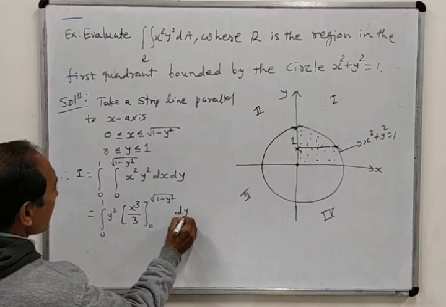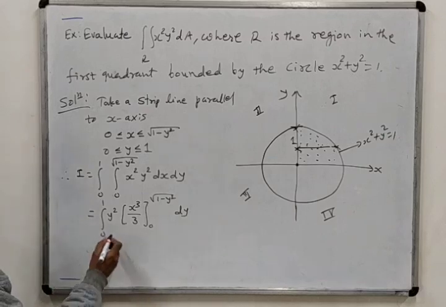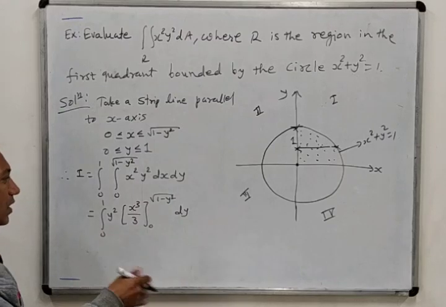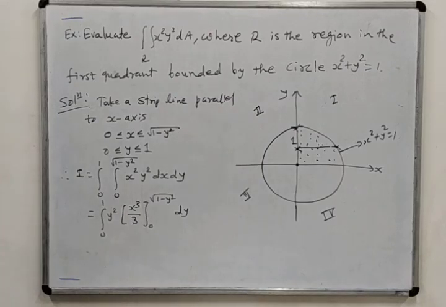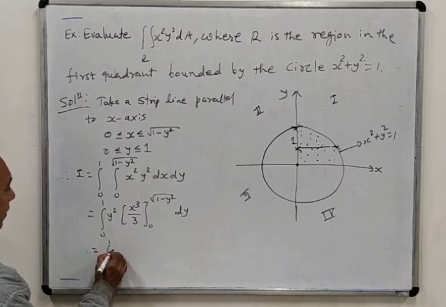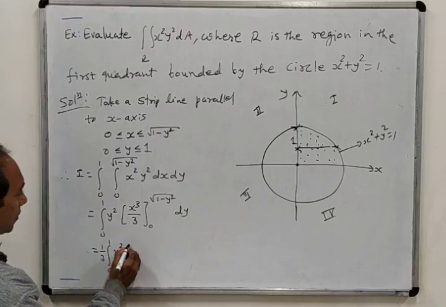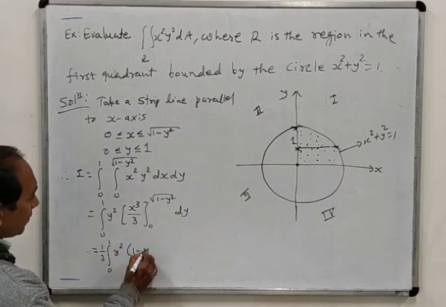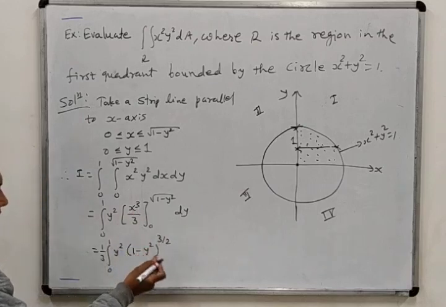After this the process is very simple because it requires knowledge of integration only, and the same kind of integrations will come in almost all the examples. So you will get more and more familiar with the integrating formulas. Okay, so y square, here 1 by 3, I will take it outside, it is constant. So if I put root 1 minus y square at x, I will get 1 minus y square whole raised to 1 half, so it will be 3 by 2. And the minus 0 is 0, so we will not write this.